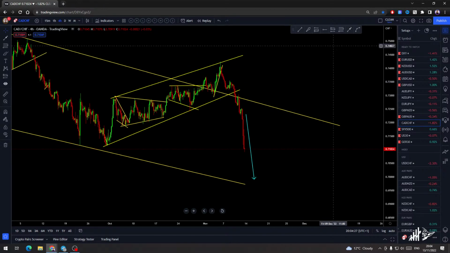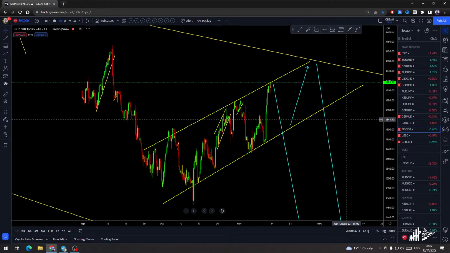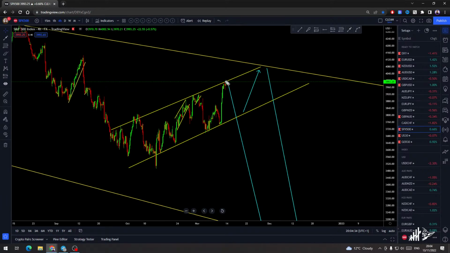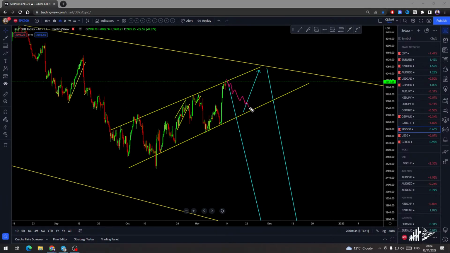Okay, dollar pairs will be very good to trade. So these are all the charts that I will watch, which are very good. SP500 as well. This one can go lower, but if it goes correctively, I will close every sell if I get it, of course. Currently, I'm not having any sell. If it goes correctively, you can expect another leg higher and then a drop. So you have to recognize how this is moving. Is it corrective movement or is it impulsive movement? This is what you have to understand.